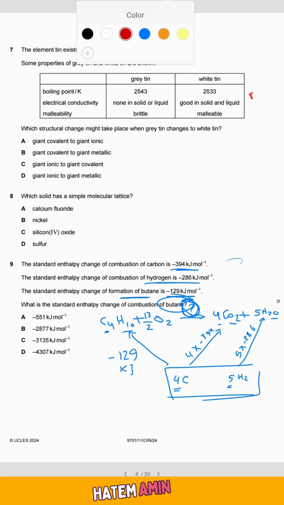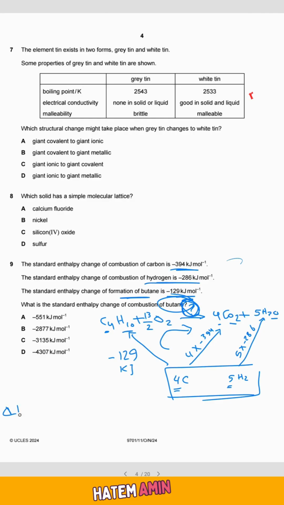This is a graph of Hess's law to detect the enthalpy change. Okay, so how can we find this enthalpy change now? The enthalpy change equals what? Do we have here this direction? So to write the calculation, the delta H combustion of enthalpy change for butane, C4H10,